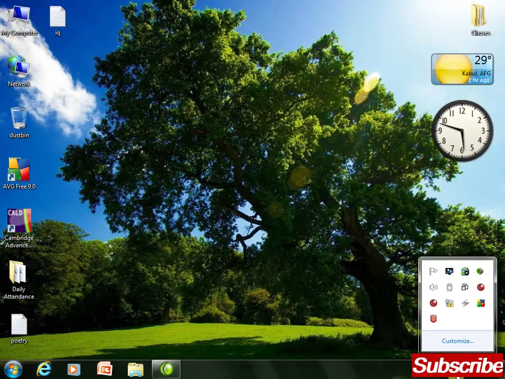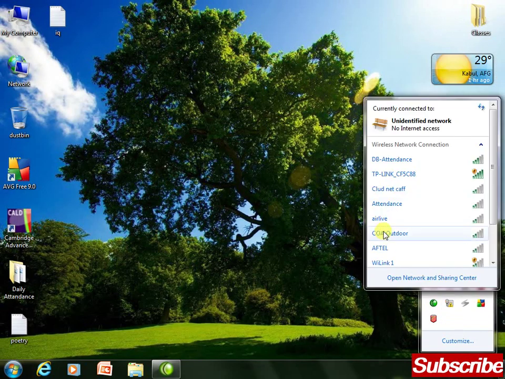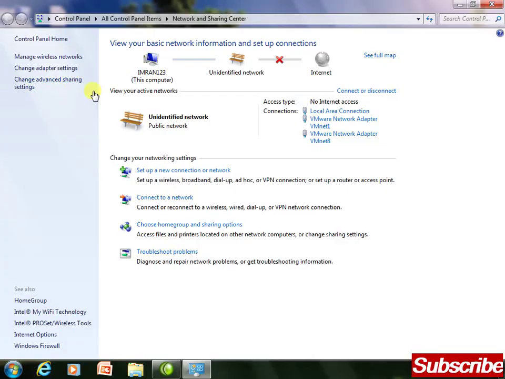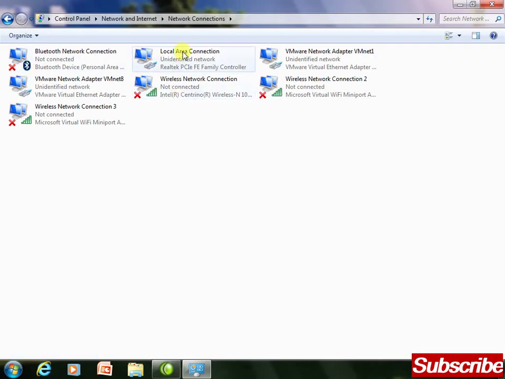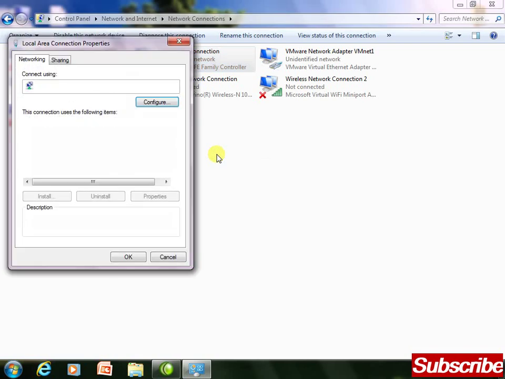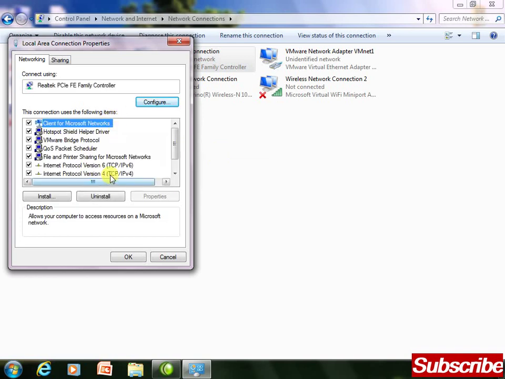What is the problem? For example, we have assigned different IP classes. The network IP is different: 2.10 versus 1.1, different classes. First of all, we are going to assign the same network IP address. The IP address is this, 192.168.2.10. We need 1.10, the same class, changing the host. That's the main problem.